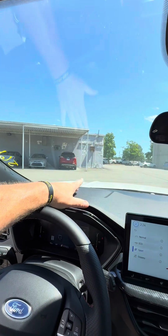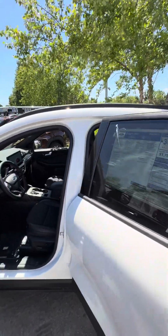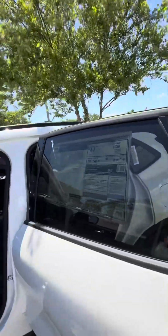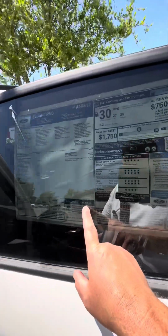No paddle shifts, nothing like that, but the Chevrolet didn't have either. You can get a big, huge sunroof in there, a dual panel moonroof. It's a huge one. Also, the Ford Escape offers heads-up display. Pricing is a little bit different. There's a big difference. You can get an Escape Active for about $28,000, $29,000. It's about the cheapest I've ever seen. This particular Escape that we have chosen to review is